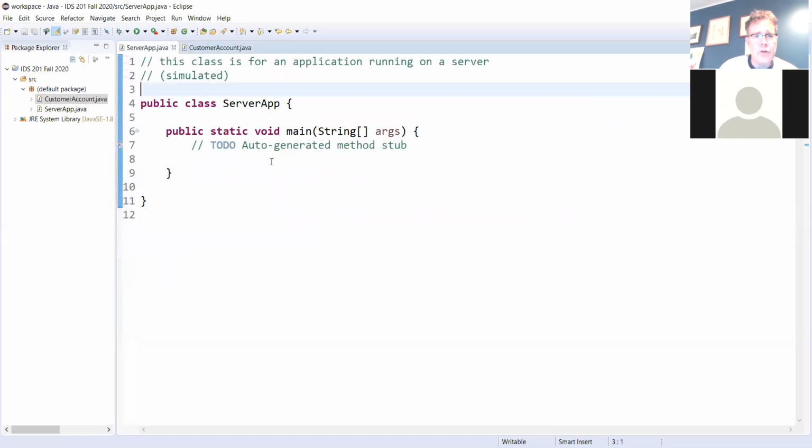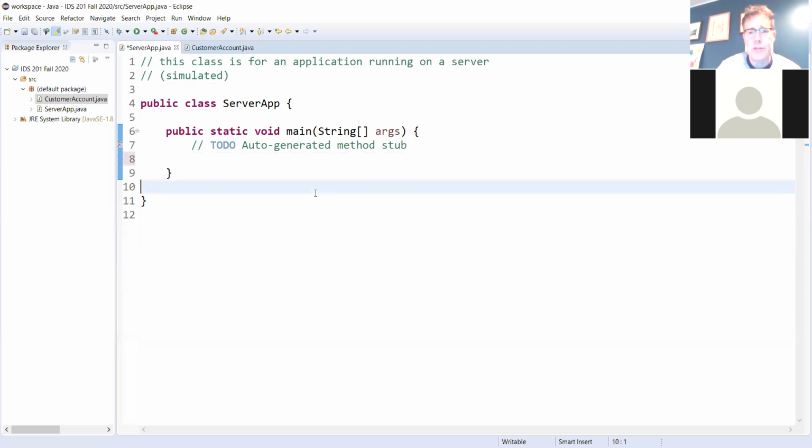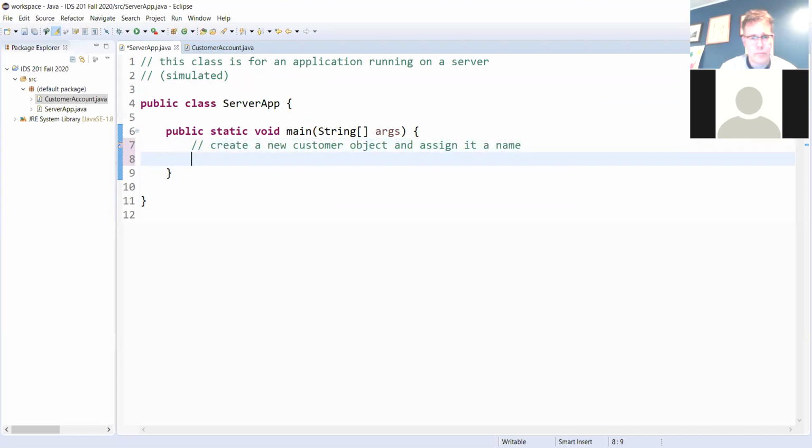So the very first thing I'm going to do in ServerApp, I'm going to create a new ServerApp object. Well, you know what? For starters, I'm just going to create a customer object, but this makes less sense in the long run, but I'll do it for one just to demonstrate. So I'm going to create a new customer. Let me overwrite this comment here. Create a new customer object and assign it a name. Okay, so I'm going to create it. So I'm going to say customer